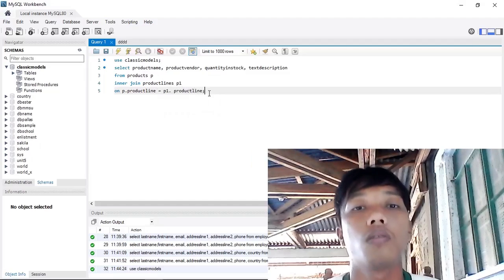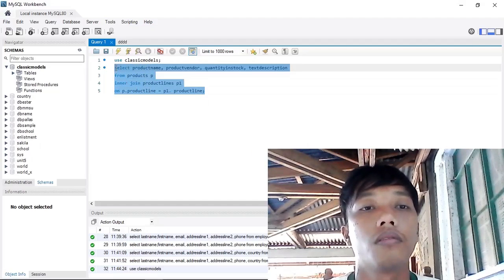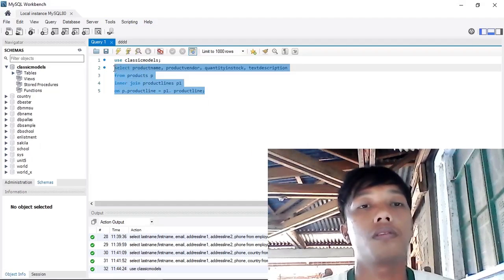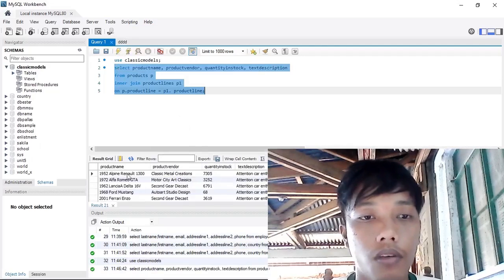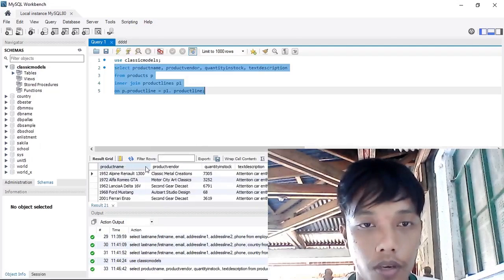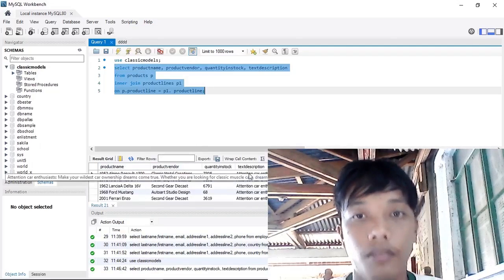Okay sir, I'm going to run this to show if this command is correct. This is now the output: product name, product vendor, quantity in stock, text description.